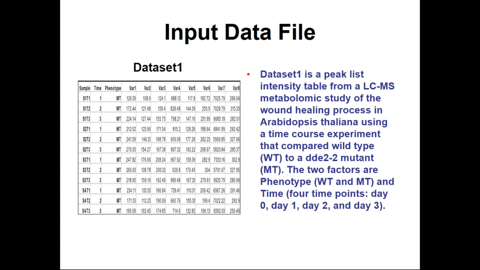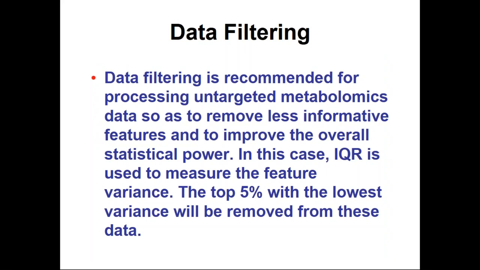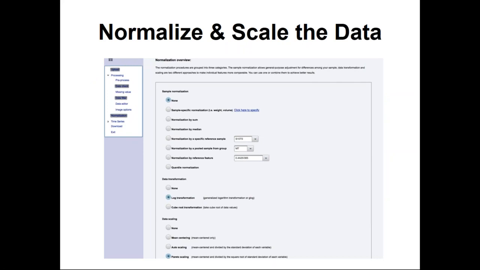And so this is what the data looks like. You can see WT for wild type, the different times, and then we're measuring the variables, which are basically these mass intensity values. When we upload, especially with mass spec data, we often do data filtering, and usually apply an interquartile range filtering. It seems to help particularly well. If you've done this, as we did with this data, then we just press proceed, which you can't quite see on the screen, takes you over. This is just talking about why we use the data filtering specifically for mass data in MetaboAnalyst. And these are all just basically point and click, so I'm able to race through this a little more quickly.